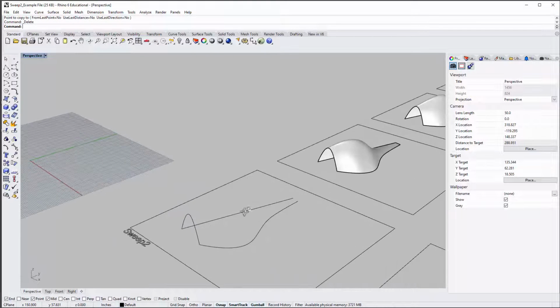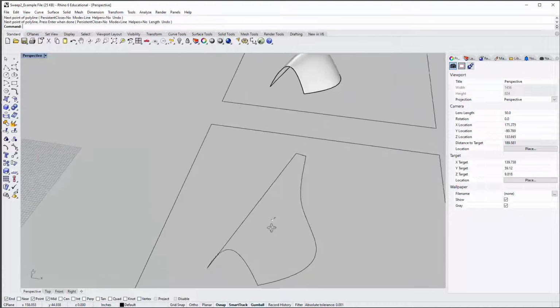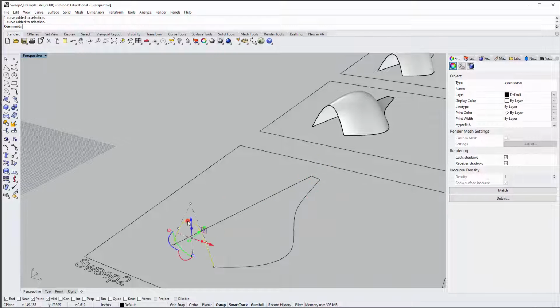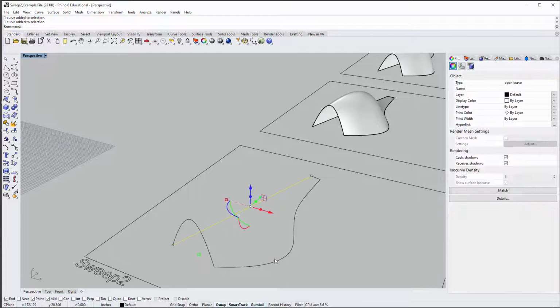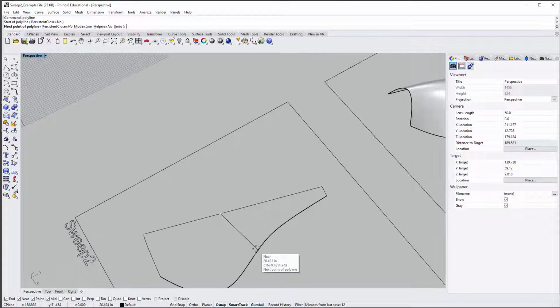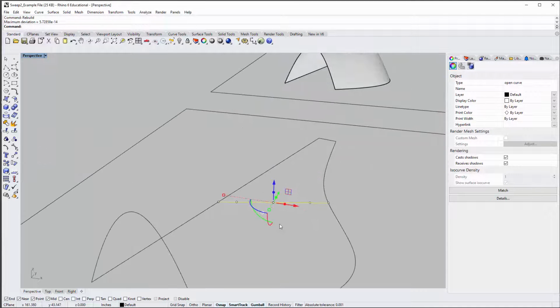Okay, let's say I add this back, and I want to do a different section. Essentially, with these profiles, you can actually do as many as you want, as long as their ends touch the two rails. To do this, I'll usually turn on my near snap and click somewhere, near or try something more perpendicular to the direction of the line. And I'll do the same thing: rebuild to a 5-point curve